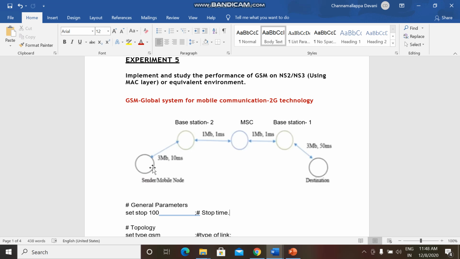Okay. So cell topology is one where we have a cell size with respect to its base station and its mobile station. Based on this, we can define the cell topology. Without creating a cell topology, this 2G, 3G technology will not work. So once we create a cell topology, then we have to set the link parameters.